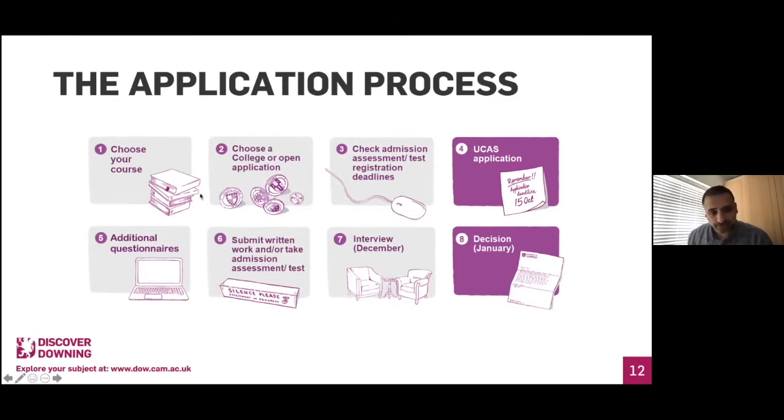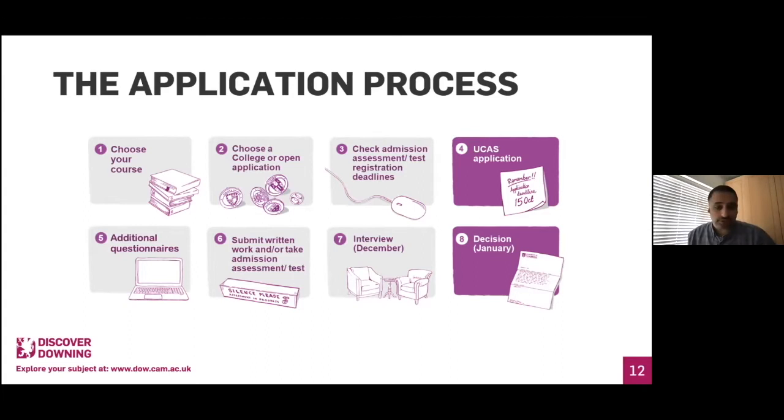The other thing you need to think about when preparing your application is the college you wish to apply to. Now, a number of students ask me what sort of things they need to worry about or think about when choosing a college. My advice to anyone who's preparing their application is to really have your own checklist of the key things you want the college to have, which are important to you. At the end of the day, you're going to be spending 3 to 4 years of your academic studies living in that college, and you need to make sure it's the right fit for you.